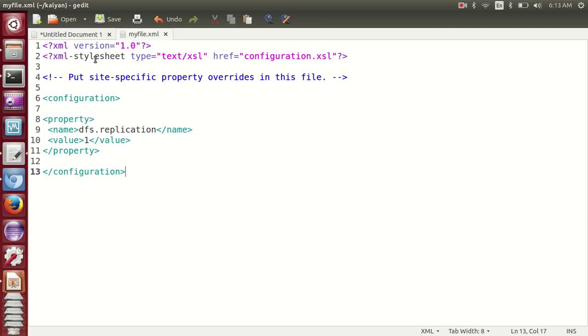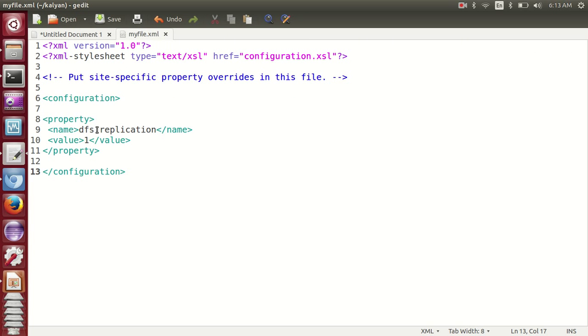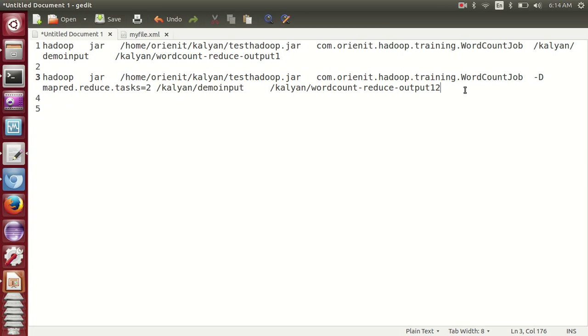Now make sure you remember the property name. The property name will be mapred.reduce.tasks. This is the property name, and the value is how much you want to give, 2 or 3, up to you. That means the expectation right now is that I should get 3 MapReduce outputs whenever I use this. Now the command for us is